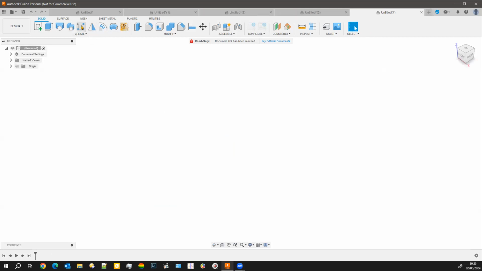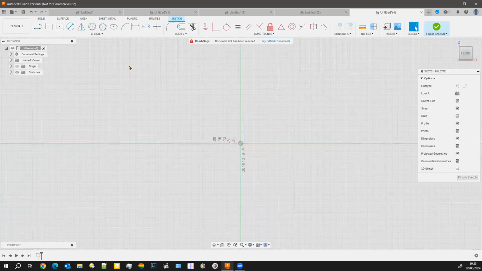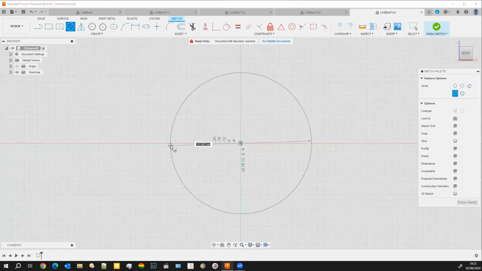Now the other thing I was going to show you very quickly, which I will do, is back to the circular one. So we go quickly back into sketch. How are we off for time, John? We're not too bad. And I'm going to do a circular one there,